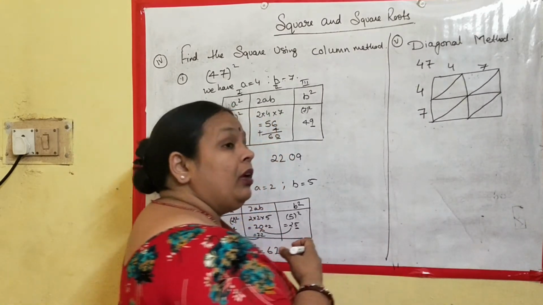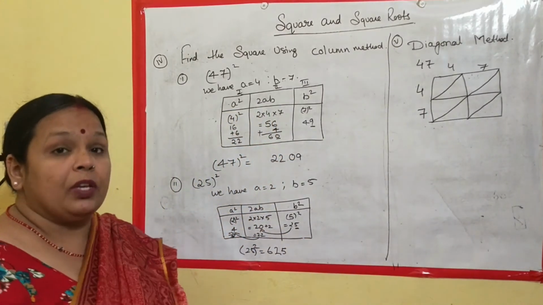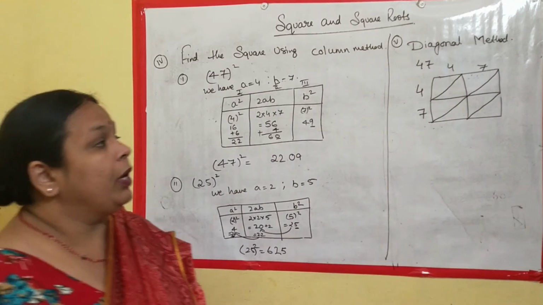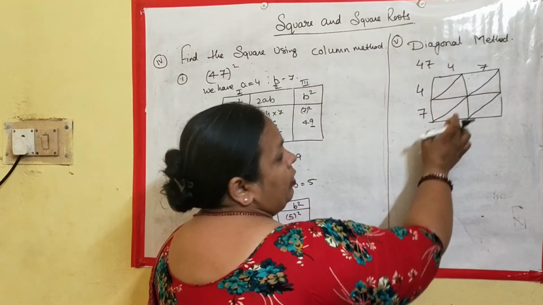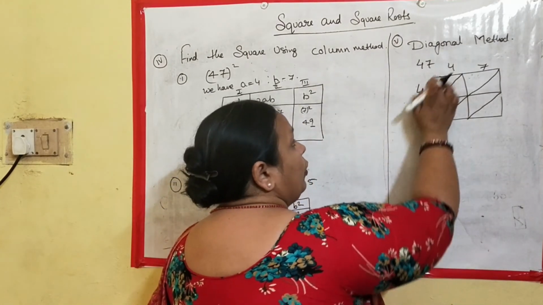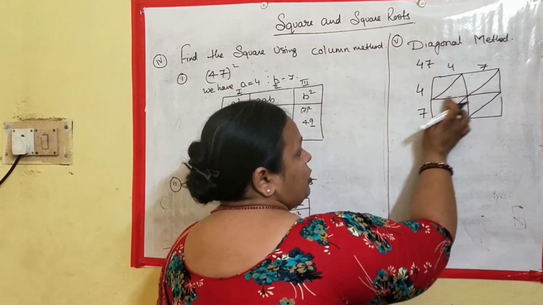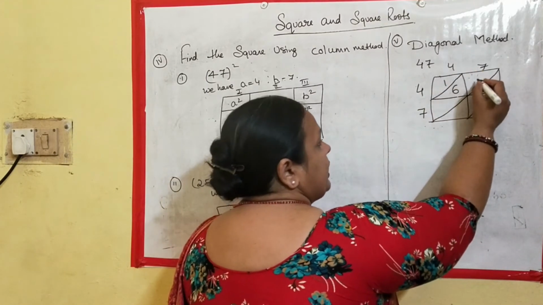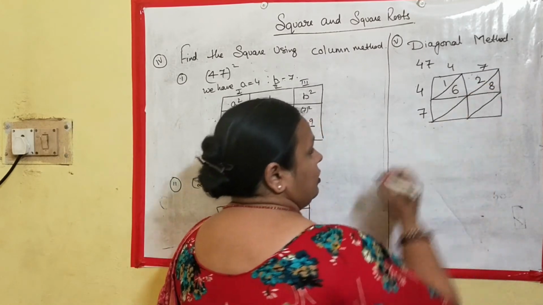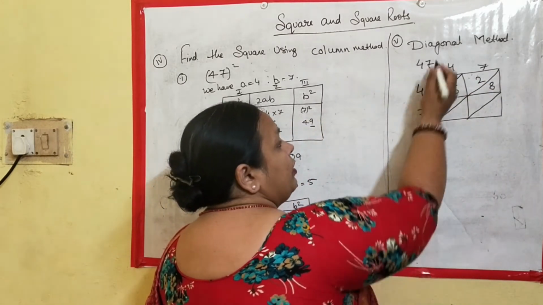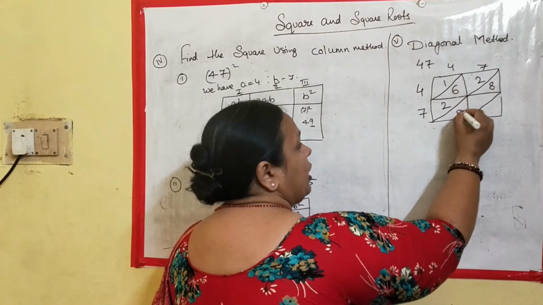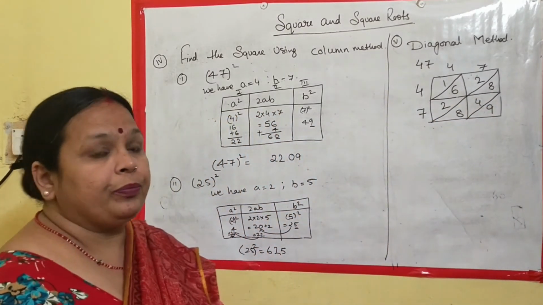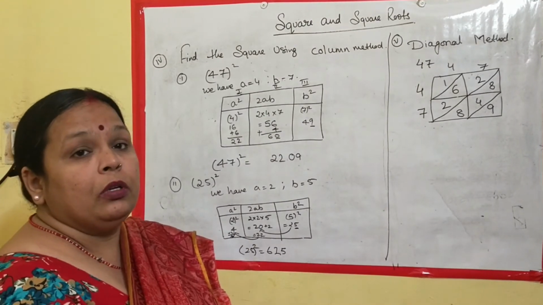Now, why we have subdivided it? Because sometimes we have a single digit number when we multiply, sometimes we have a double digit number when we multiply. So, this is divided in this pattern. Now, 4 into 4 is what? We talk of this block only. So, this is 16. 4 sevens are 28. Clear? Now, 7 fours are 28 and 7 sevens are 49. Okay? Hope you understood what we have done.